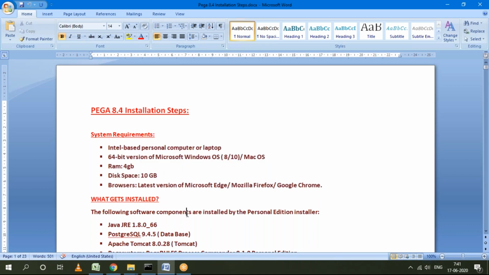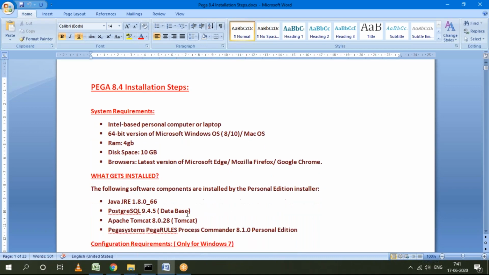Whenever we install Pega, what we are installing is called the home edition, or we can also call it the personal edition. Personal edition or home edition, both are the same. In a company, you will be using the enterprise edition.